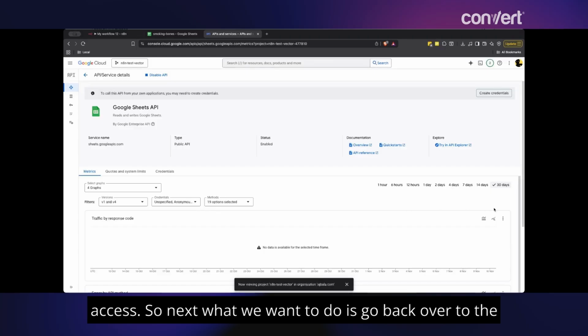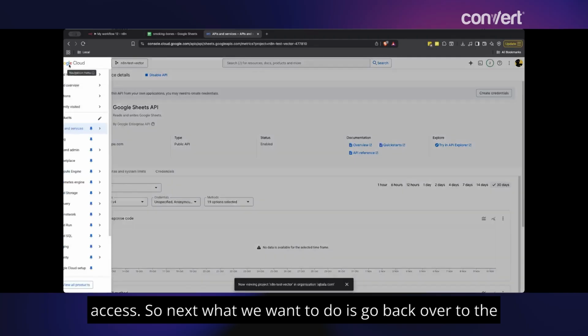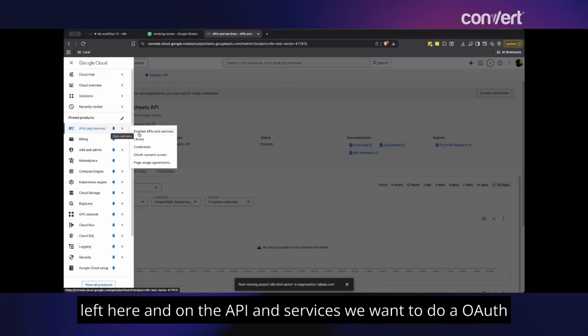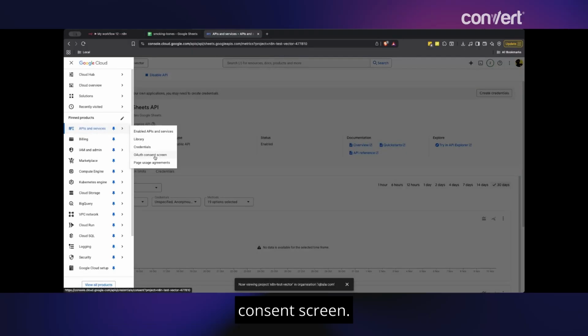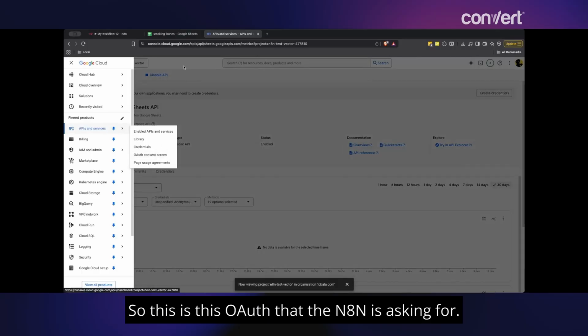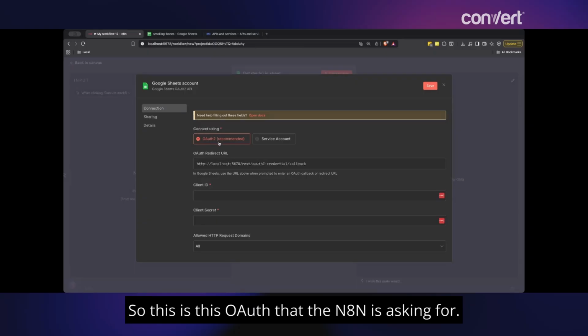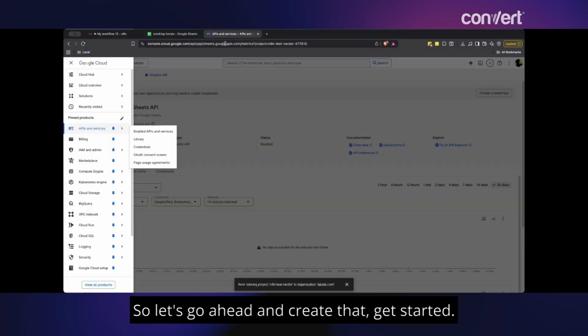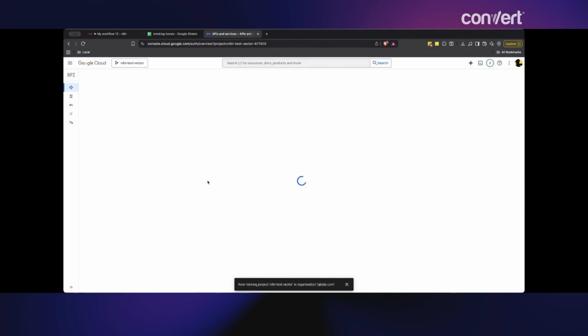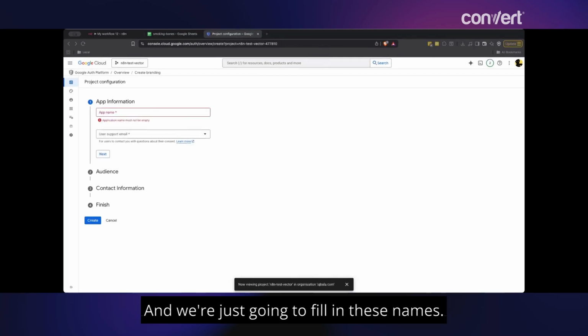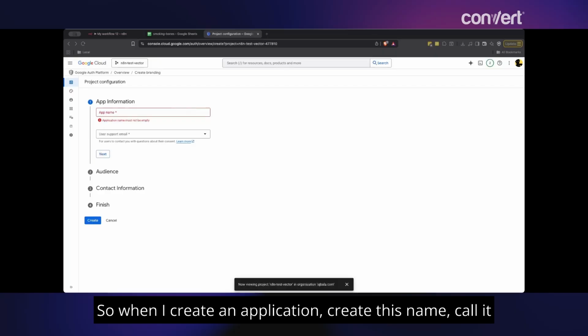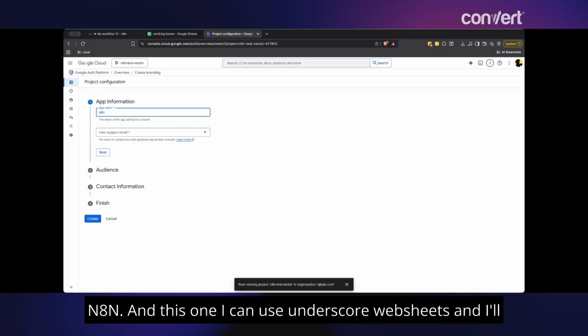So next, what we want to do is go back over to the left here, and under APIs and services, we want the OAuth consent screen. So this is the OAuth that n8n is asking for. So let's go ahead and create that, get started, and we're just going to fill in these names. So we want to create an application, create this name, call it n8n